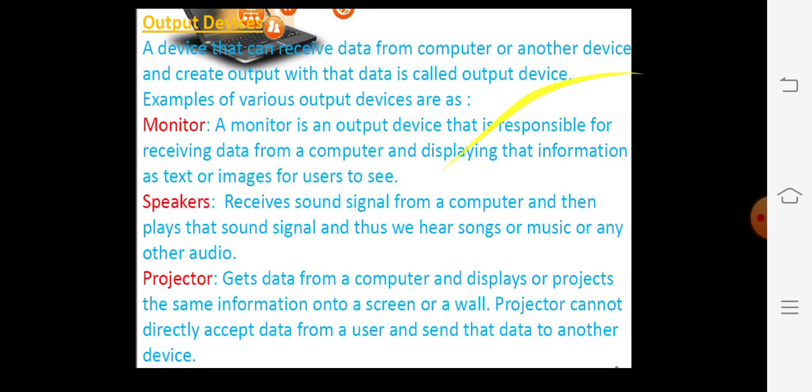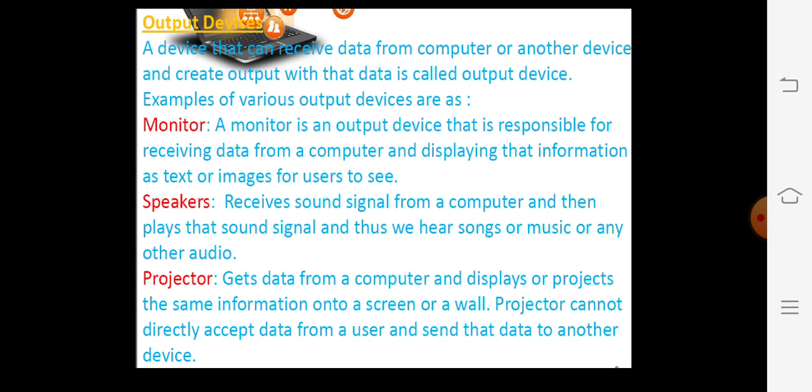Coming to the next topic, output devices. The device that can receive data from a computer or another device and create output with the data is called an output device. As we all know about output devices, the first one is the monitor. What is the responsibility of a monitor?